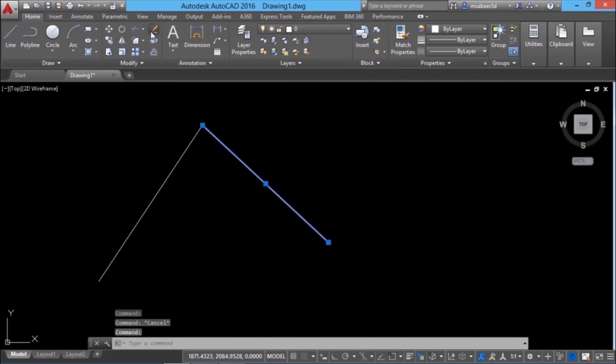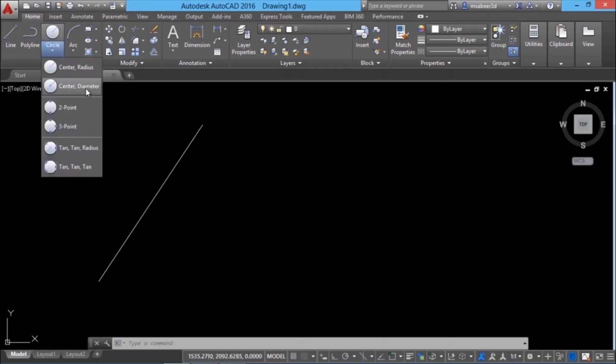I'll erase this line. So how will you pick this endpoint? In AutoCAD, we have already discussed the methods to define a new point, like absolute and relative coordinate methods in the last tutorial. But if you want to make use of precise or qualified points on objects, you should use object snapping. OSnap is a method using which you can pick qualified points on objects in AutoCAD. What is meant by qualified points?